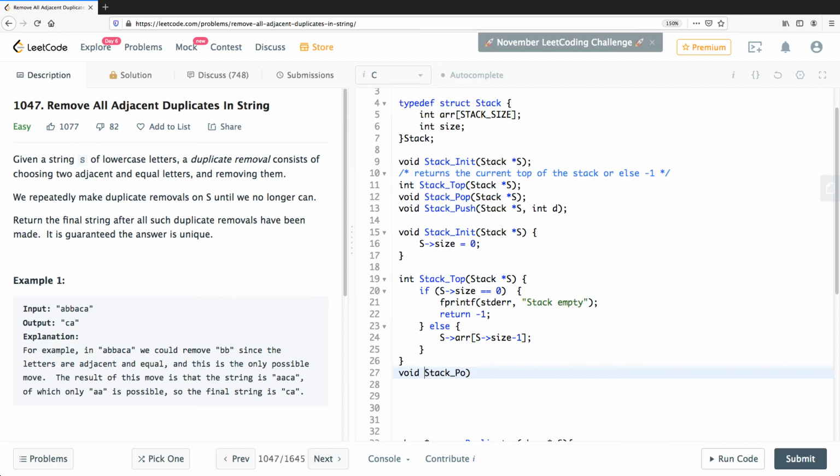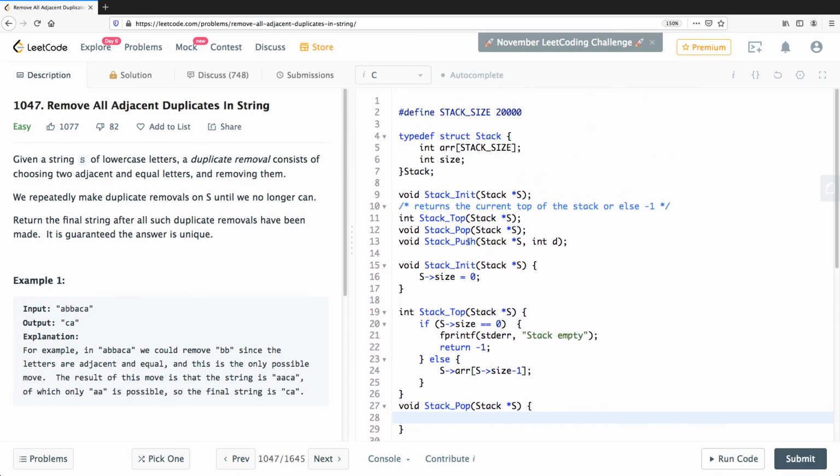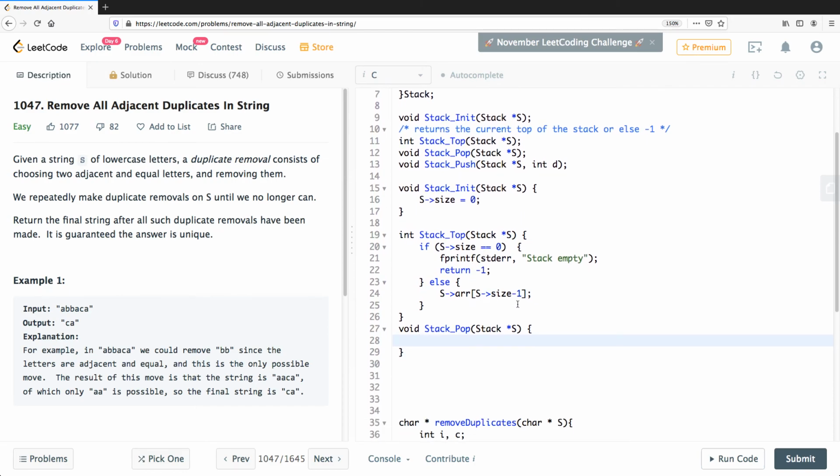Alright, what am I doing here? Okay, stack pop again takes a pointer here, and then what does it do? All it does is basically get rid of... now, stack pop, remember again, if your stack is empty, you're not going to be able to pop. So it's pretty much the same function, I would say,